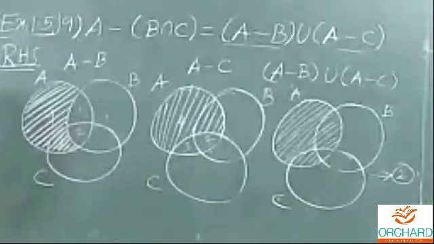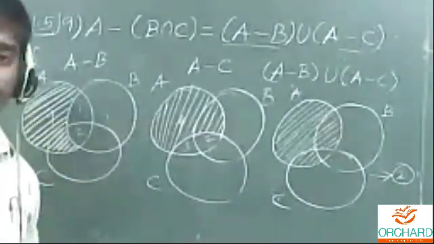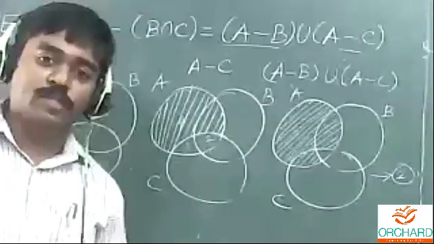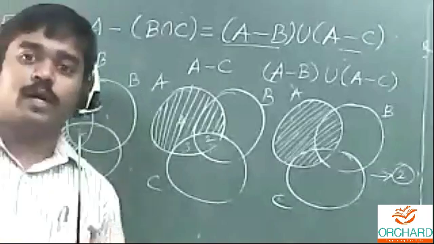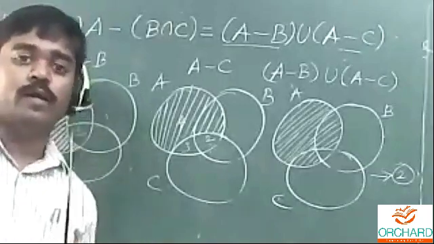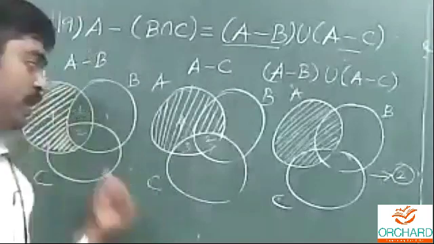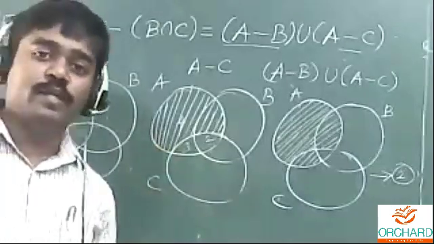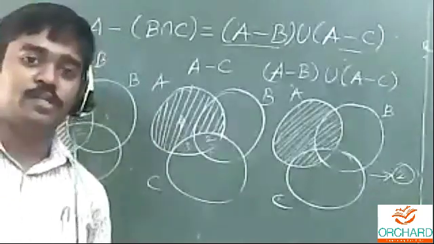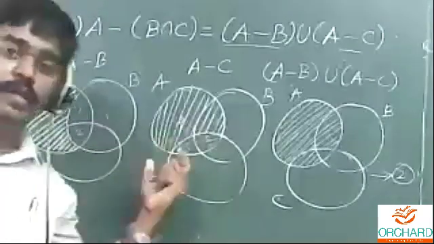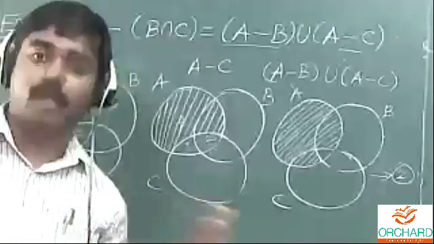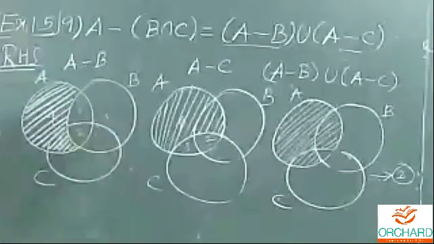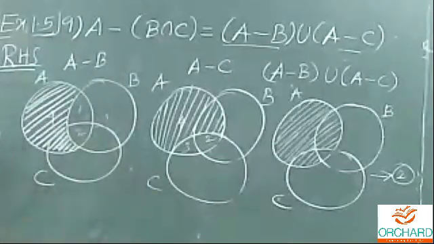Because in the examination you shouldn't use different colors. Somebody asked, sir, can we use different colors? No. In the examination, what is the government rule? Either use a blue or black color pen, ink pen, and then draw the diagram using only pencil. That's a black pencil, that's all. Don't use any other colors for shading or sketching, like crayons or watercolor, anything. That's not allowed. You can shade using only pencil. This is the idea for doing the Venn diagram.